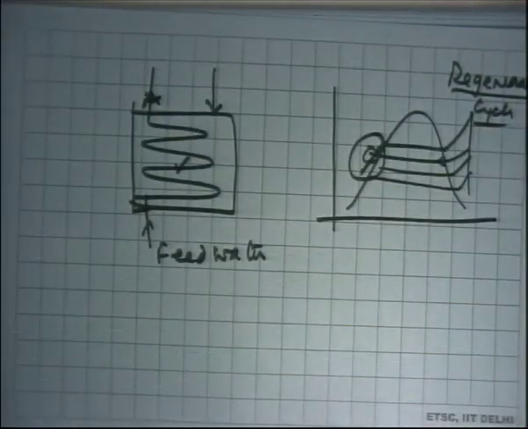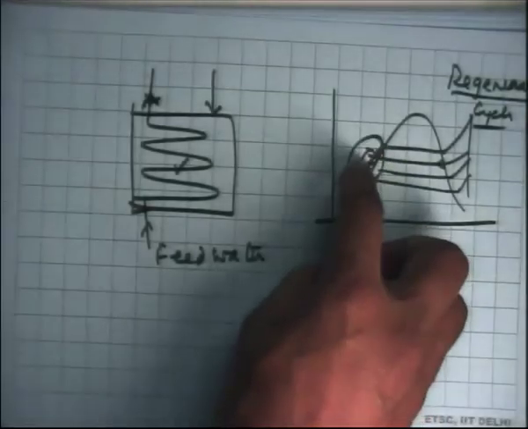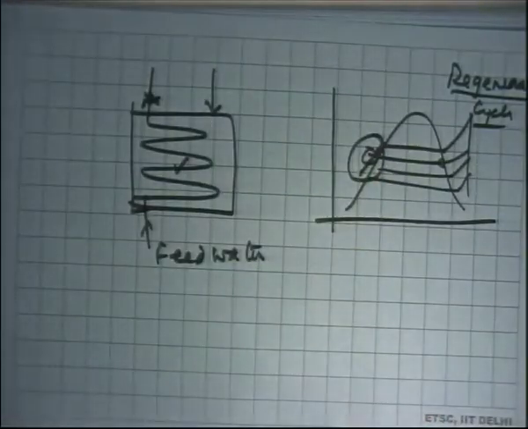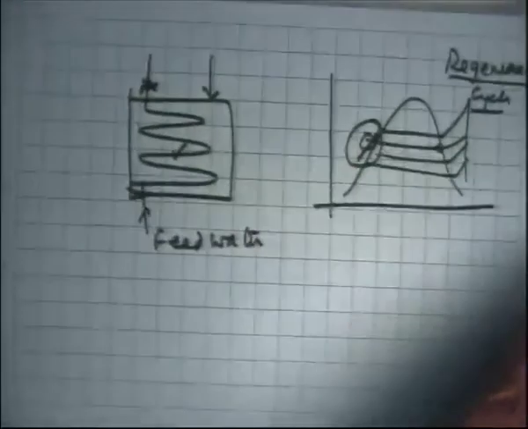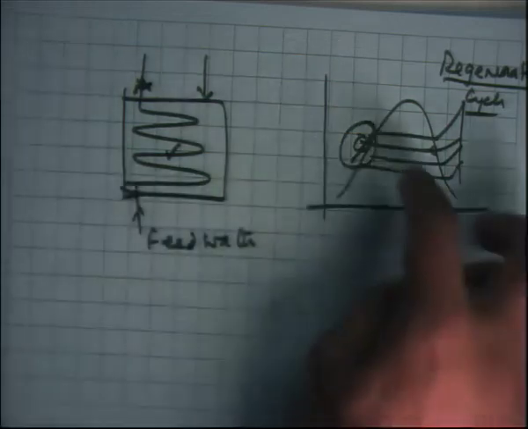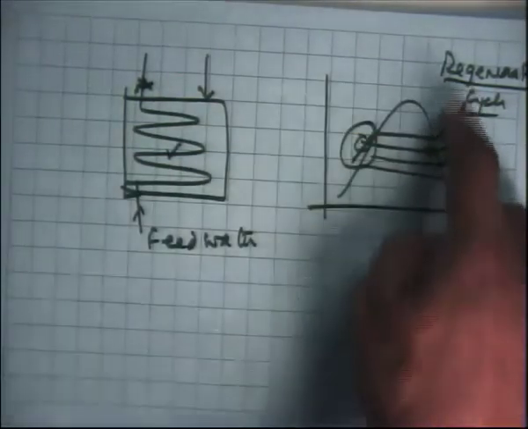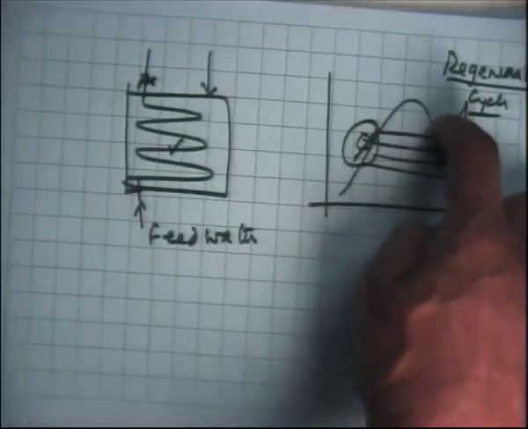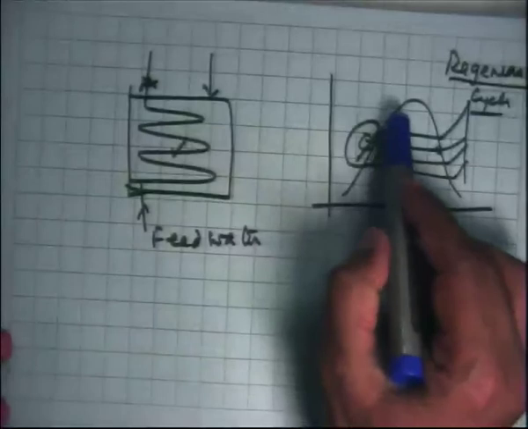So this non-isothermal part, which is the superheating part, you cannot help. You allow that to bring the efficiency down a little bit at the effect of increasing the power, right? But this non-isothermal part, which brings down the average temperature of heat addition in the boiler, that you do by regenerating, so that the overall cycle efficiency goes up. So this is the thermodynamic implication. The thermodynamic implication of the regeneration part is that you increase the average temperature at which energy is added in the boiler. Okay. So now if I start adding heat in the boiler here and up to here, the average temperature will be something here, higher than this. Okay. So the average temperature of heat addition will be somewhere here.